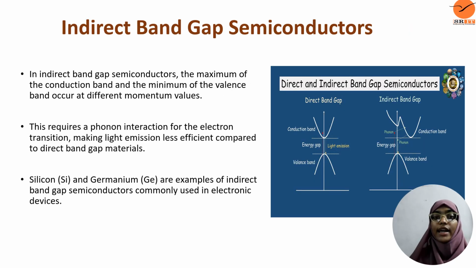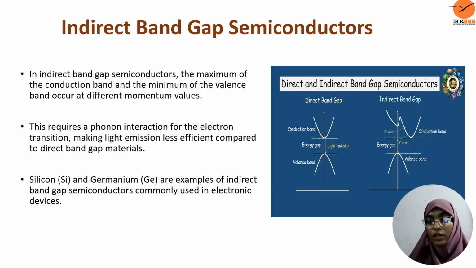Now let us see indirect band gap semiconductors. In indirect band gap semiconductors, the maximum of the conduction band and the minimum of the valency band occur at different momentum values, and this requires a phonon interaction for the electron transition, making light emission less efficient compared to direct band gap materials. You can see in the picture of indirect band gap semiconductors, the maximum of the conduction band and the minimum of the valency band are at